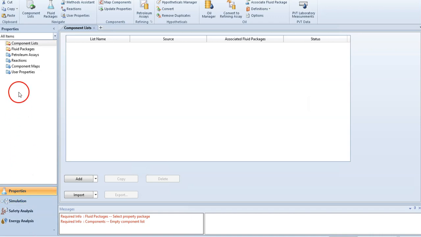In terms of the properties, we have the component list, which is in red, and the fluid packages, which is in red. So if we have the red here, that means this is the information that we need to provide to HYSYS. So let's start with the component list. So once you click on the component list, you can see that you have a window where we can add our components. In order to add any component, let's click on add,